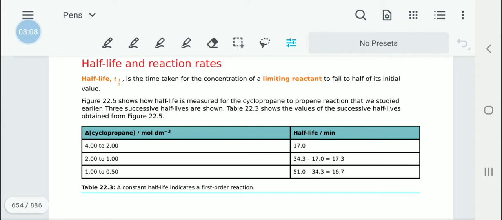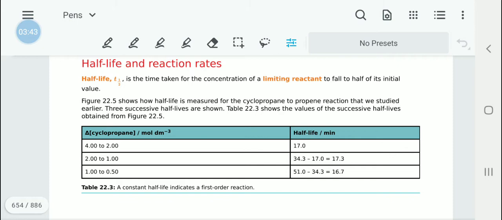This is just like the half-life of nuclear reactions, nuclear materials. We have discussed the half-life of radioactive materials. This is something similar to that. Because we are talking about the concentration, half-life is the time taken for the concentration to halve from its original value. Now here they have given the half-lives measured for cyclopropane to propene reaction